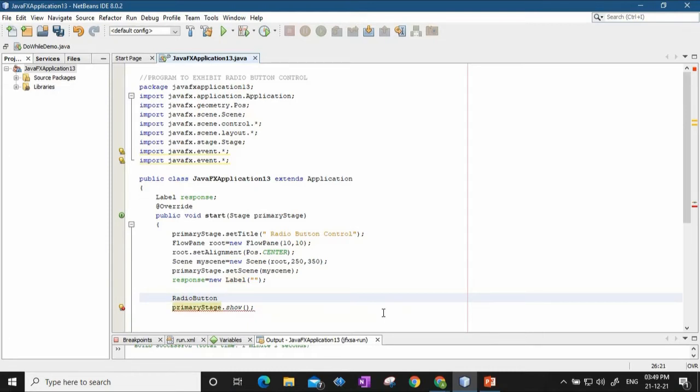Okay, first radio button is rbTrain, that's for train, equal to new RadioButton, and the text that should be printed beside the radio button will be Train. Train will be the text that will be printed beside the radio button. I want 2 other radio buttons, so I will just copy this code.